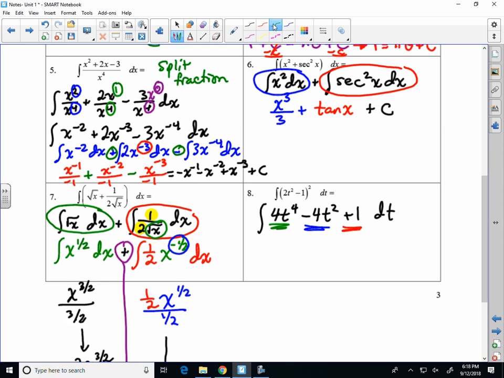All right, so reverse power rule in each case, increase the exponent by 1, divide by the new exponent. So what's my first one going to be? Exactly. Oh, this is going to be blue, sorry. My color scheme right here. So minus 4 thirds c cubed plus c plus